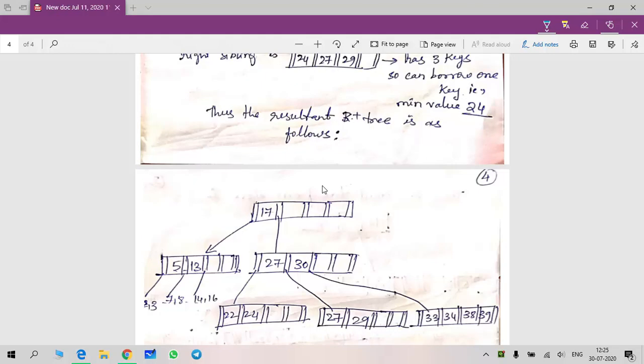So this is how the deletion operation is done in a B plus tree. So we have to think over the rules of the B plus tree first. The minimum values a node must have should be noted, and the maximum values a node may have should be noted. Then only we should start operating insertion or deletion among these B plus tree nodes.